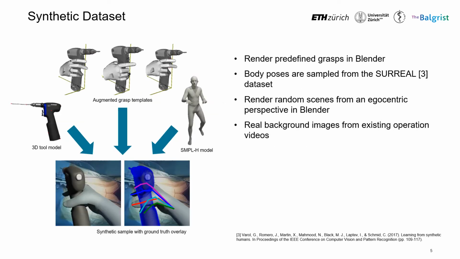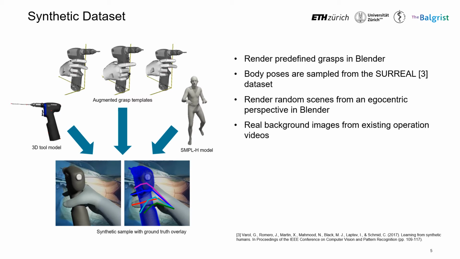We combine the tool model with the SMPL-H model in a Blender scene. While the hand parameters are set to a randomly selected grasp that was generated in the previous step, the remaining body parameters are sampled from the SURREAL dataset. We enrich the rendering with real background images taken from existing operation videos. Last, we render RGB images of the scene from an egocentric perspective by placing the virtual camera at the SMPL's